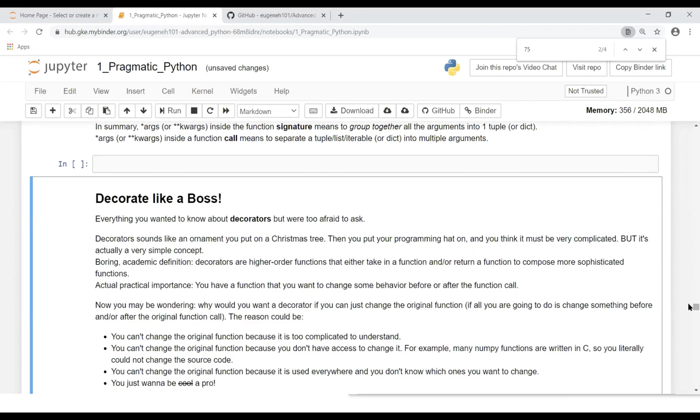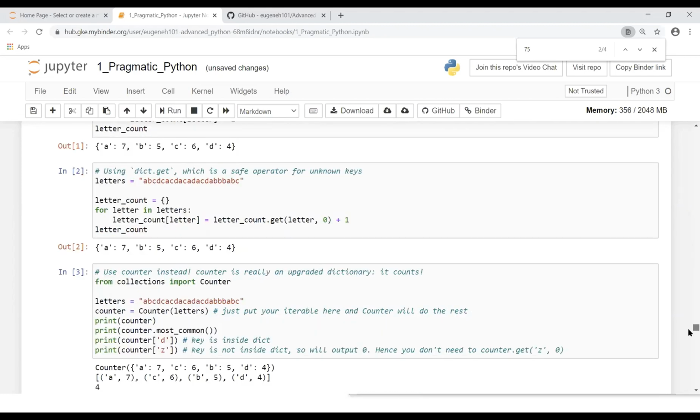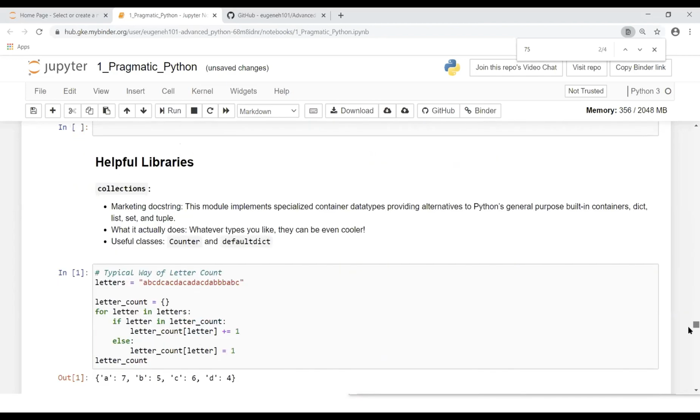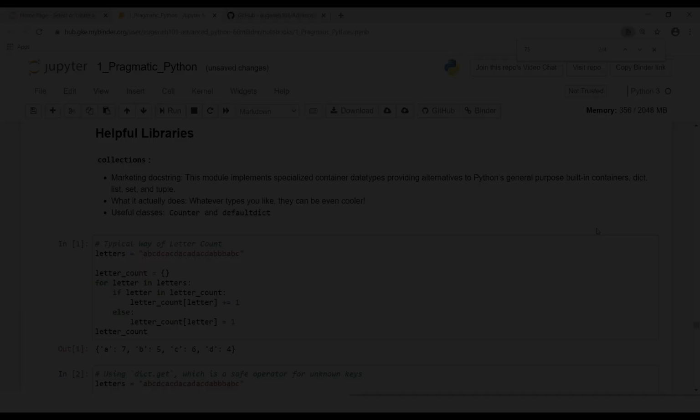So decorators can apply to even classes and objects. And there's some other helpful libraries. But for tonight, we hit our time, and perhaps next time we go through the rest of the notebook.